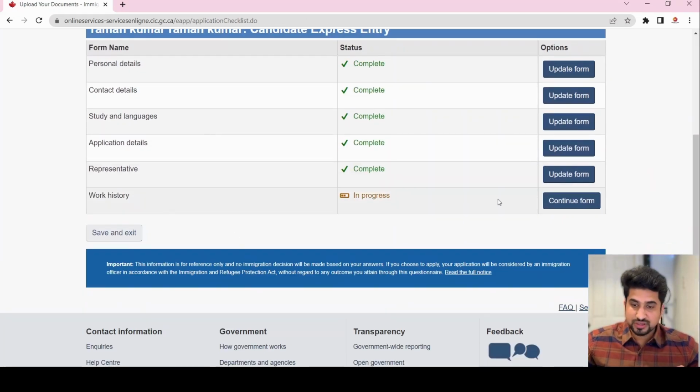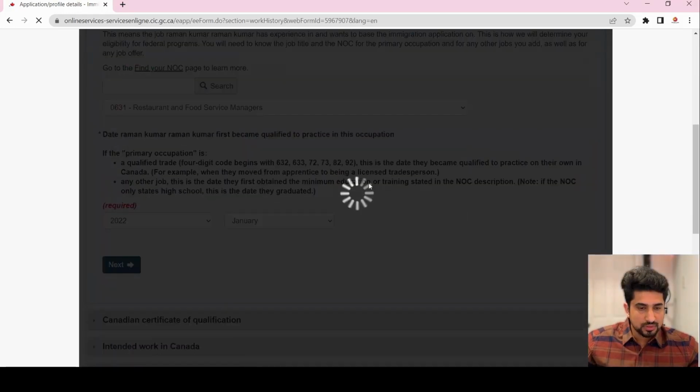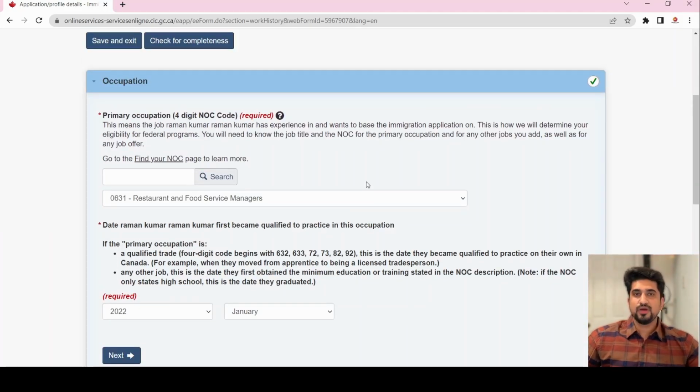The last one is your work history. This is very crucial and very important. Continue form. As I told you, it hardly matters how many jobs you did, but you have to be very precise about this. If you did a supervisor job, a manager job, or any field, you have to find the NOC code for your job before entering your work history. So right here